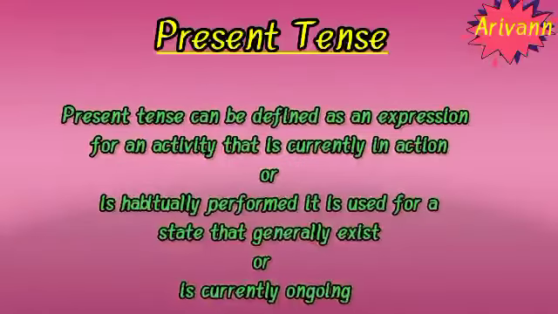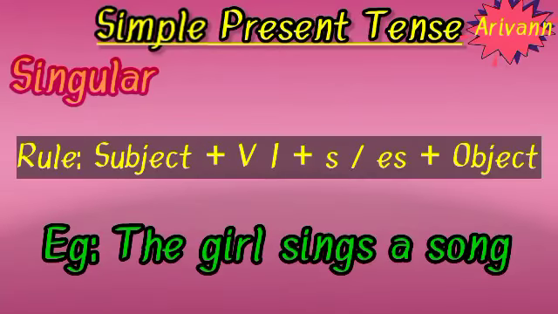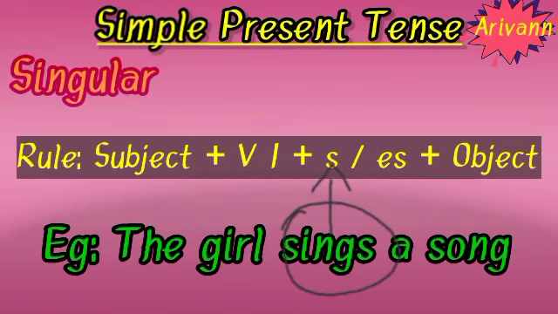First one is present tense. Present tense can be defined as an expression for an activity that is currently in action or is habitually performed. It is used for a state that generally exists or is currently ongoing. See the simple present tense. Rule of the simple present tense: subject plus verb 1 plus s or es plus object. Look at the example. The girl sings a song. Here the subject is girl and the girl is singular, and s has been added to the verb sing